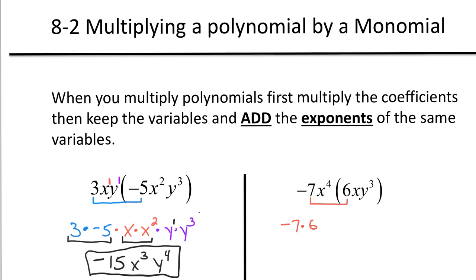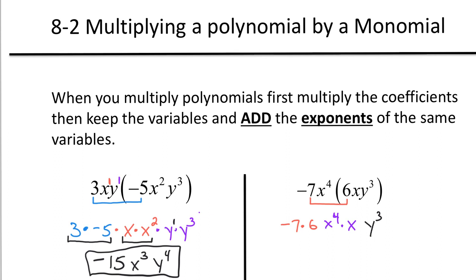Then I am going to multiply the x's. So I have an x to the 4th times an x. And I'm going to look at the y's. Now outside of the parentheses, I don't have a y, but I do have a y to the 3rd inside. So all we do, we bring down the y to the 3rd. And we don't have a y to multiply here, but I'm just going to bring down the y to the